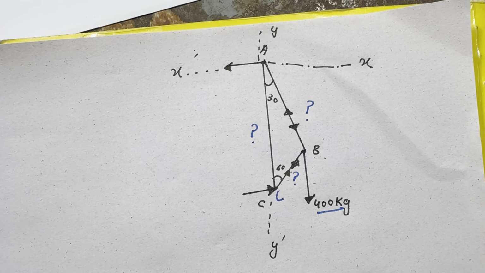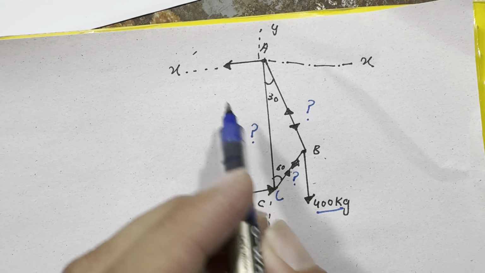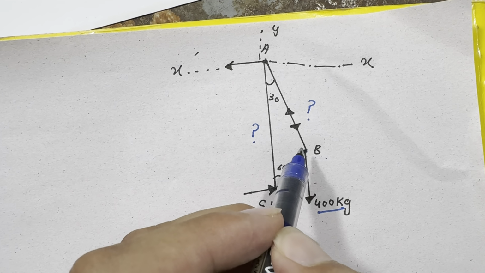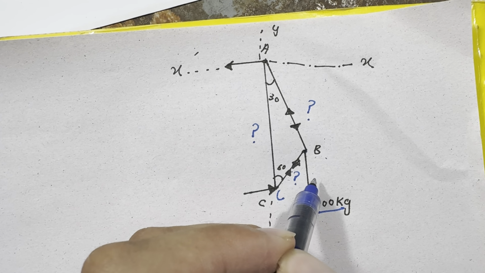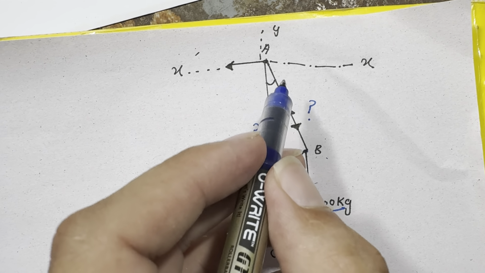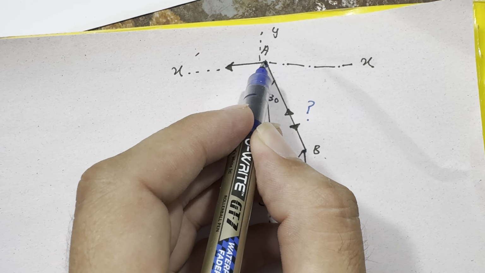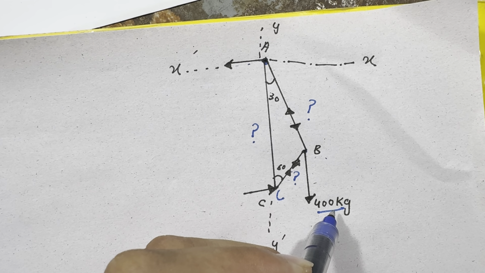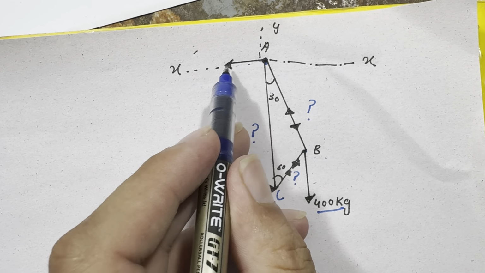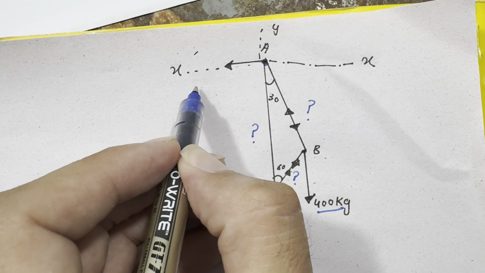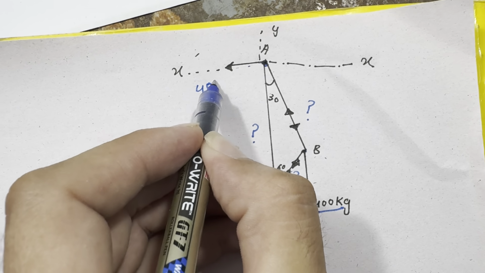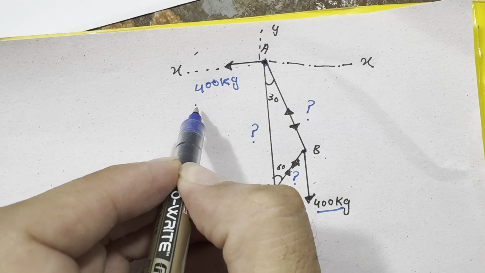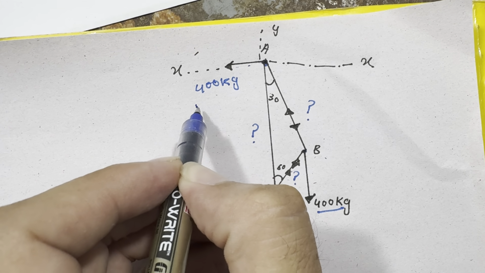First of all, I will find the reaction at this point. If the 400 kg load is going downward, the force transfers through this member to this joint, and there will be a reaction force which will be 400 kg. So the reaction will be 400 kgs, or when I write it in newtons, the SI unit,